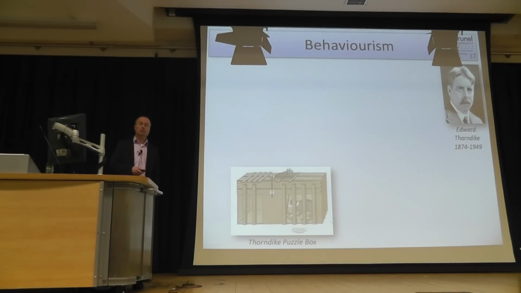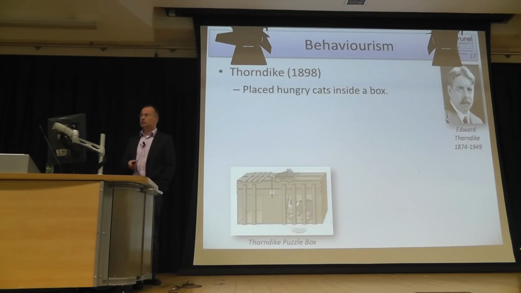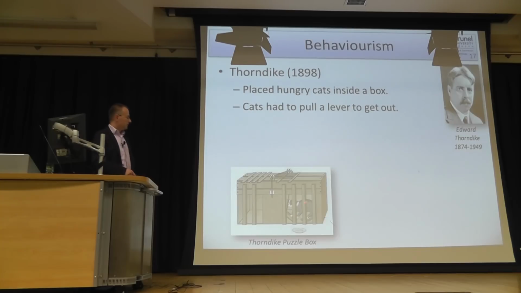There was a notable behaviorist, Edward Thorndike, who looked at problem solving in animals. He had hungry cats and placed them in a box, which is also called Thorndike's puzzle box. There was food placed outside of the box, and the cat could see that. There was a mechanism that when a certain lever is pulled or pushed, a door would open and the cat could get to the food.